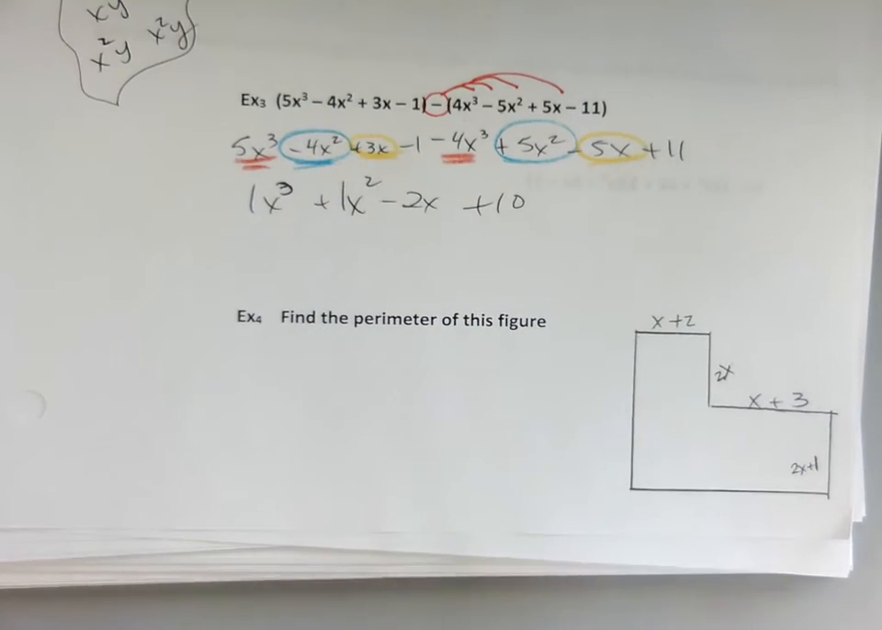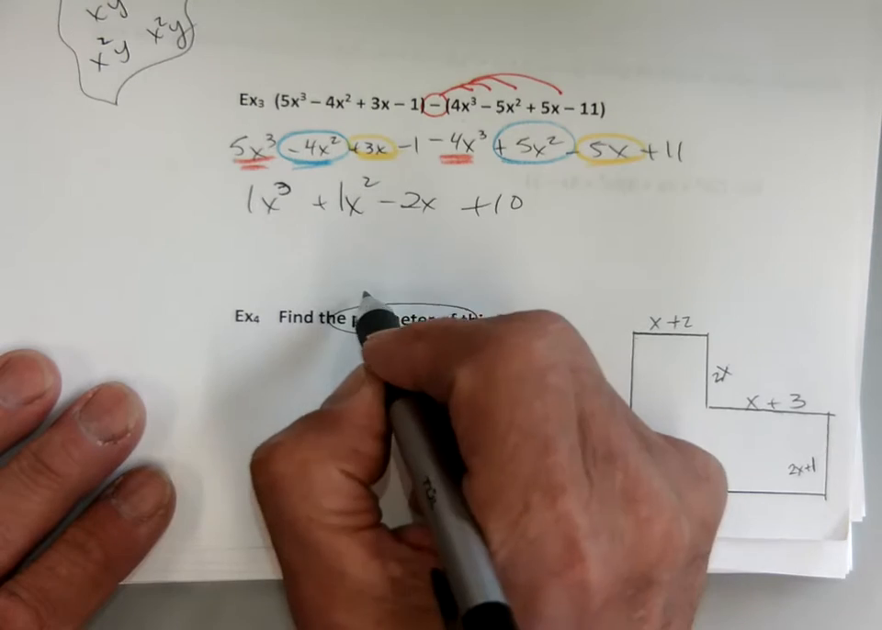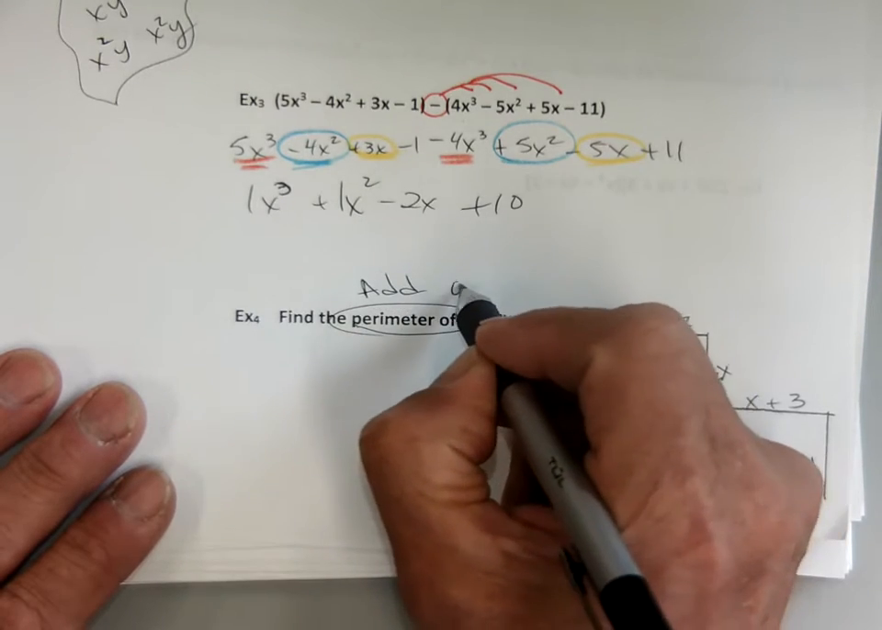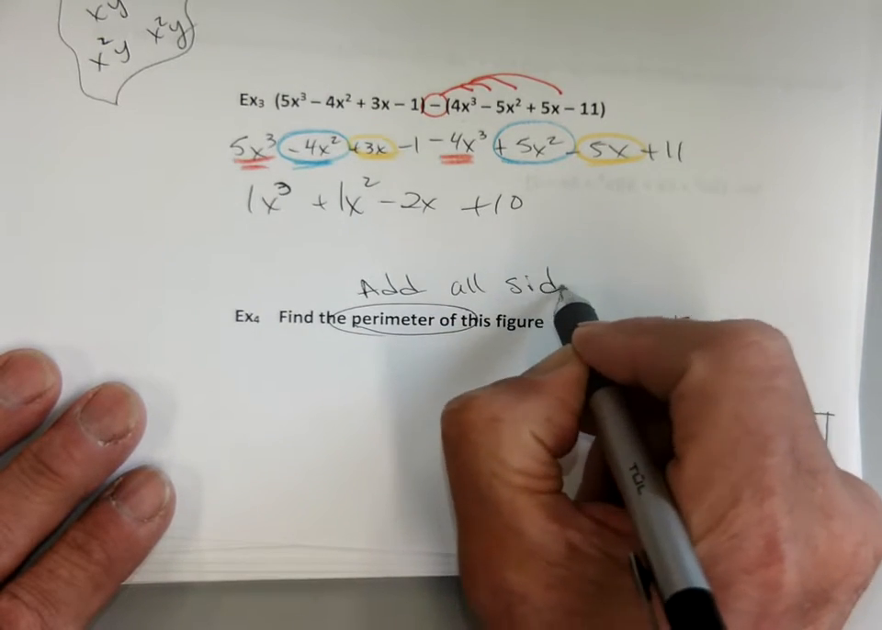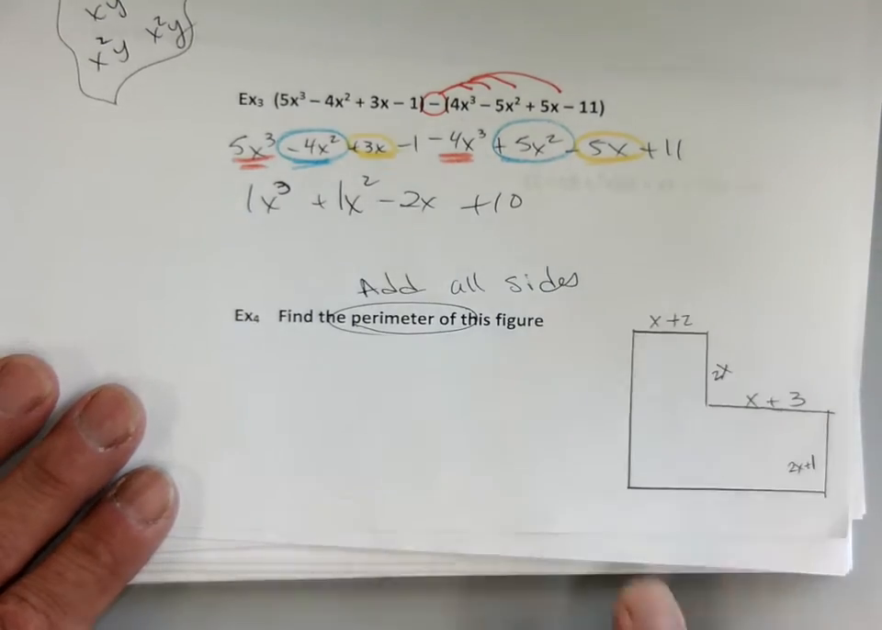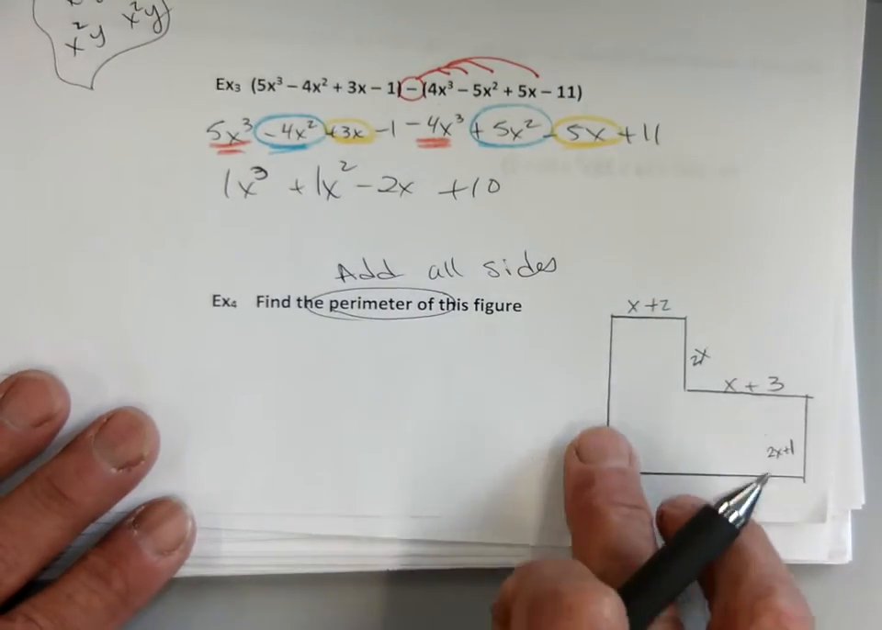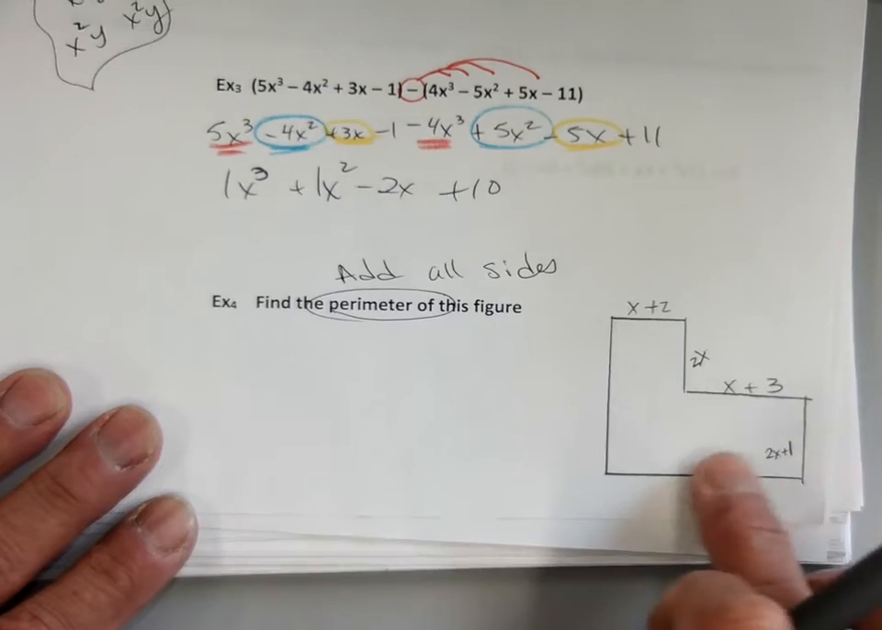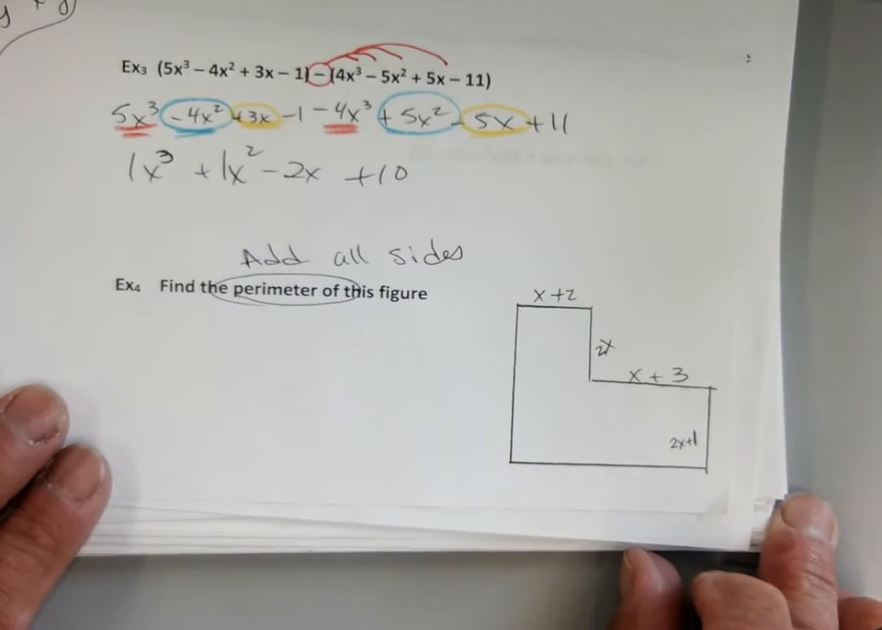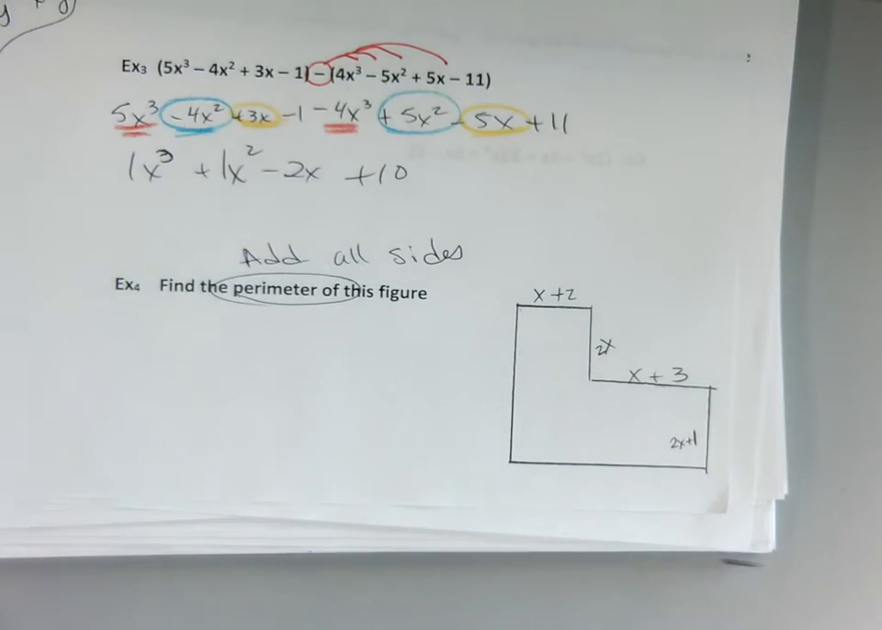Okay, example 4. So it's the same stuff, we just have to think it through. But if I want the perimeter, I have to add all sides, right? I got to go add all the way around, right? I'm missing some stuff though. I don't know this side. I don't know this side. But I do know that